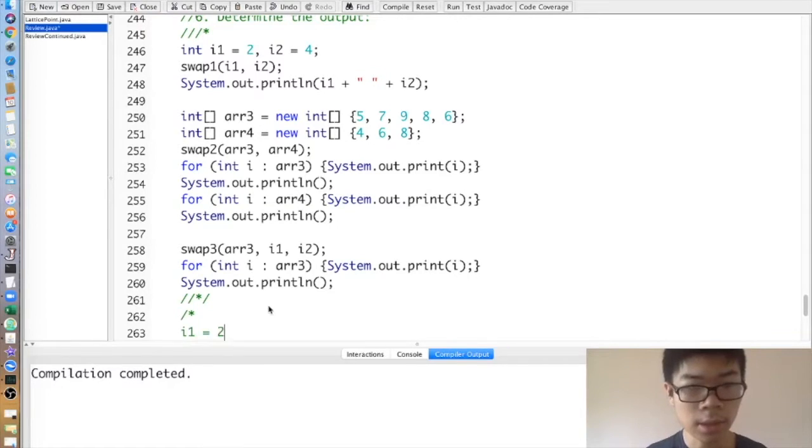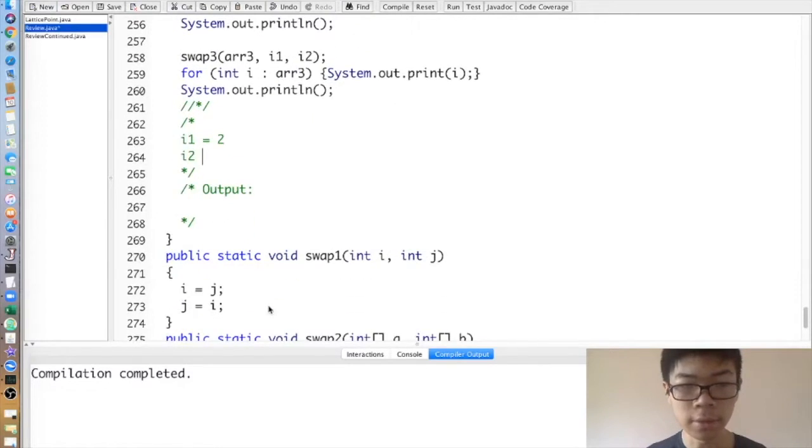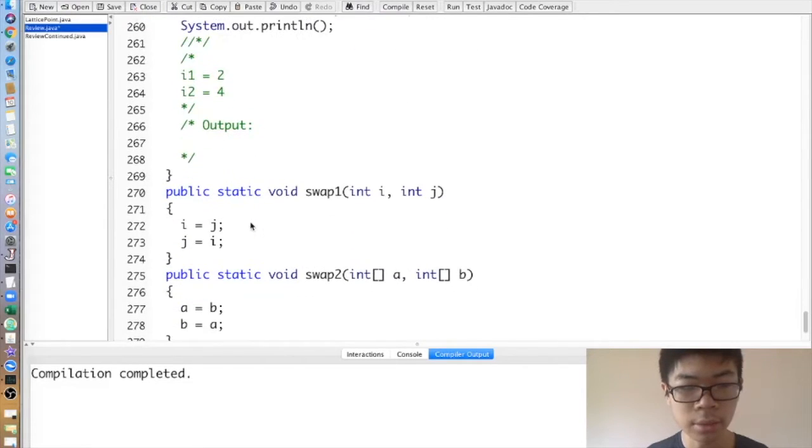I1 equals 2. I2 equals 4. Then swap 1 of I1 comma I2. What does that do actually? Well, swap 1 right here